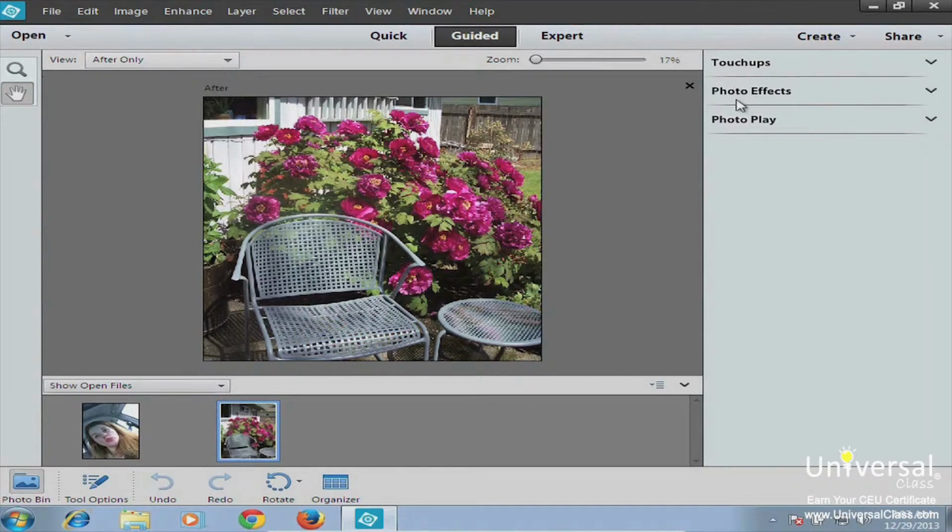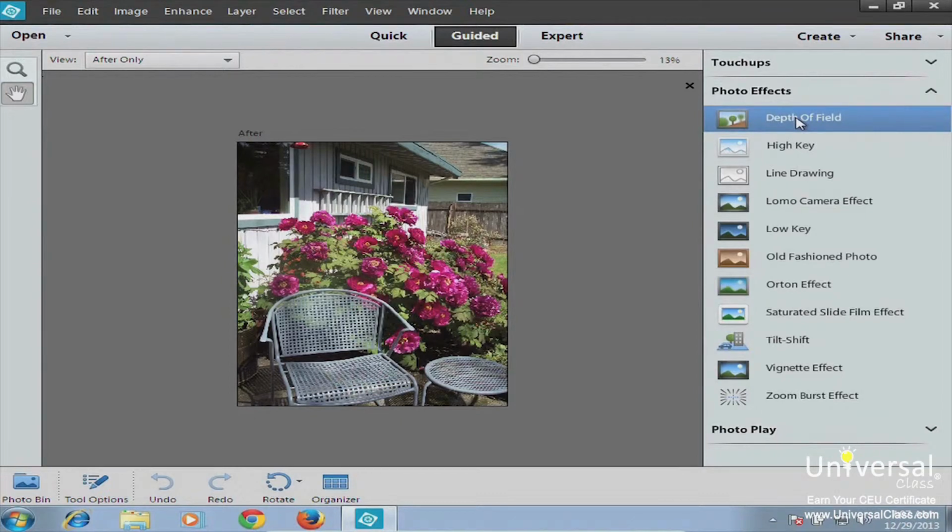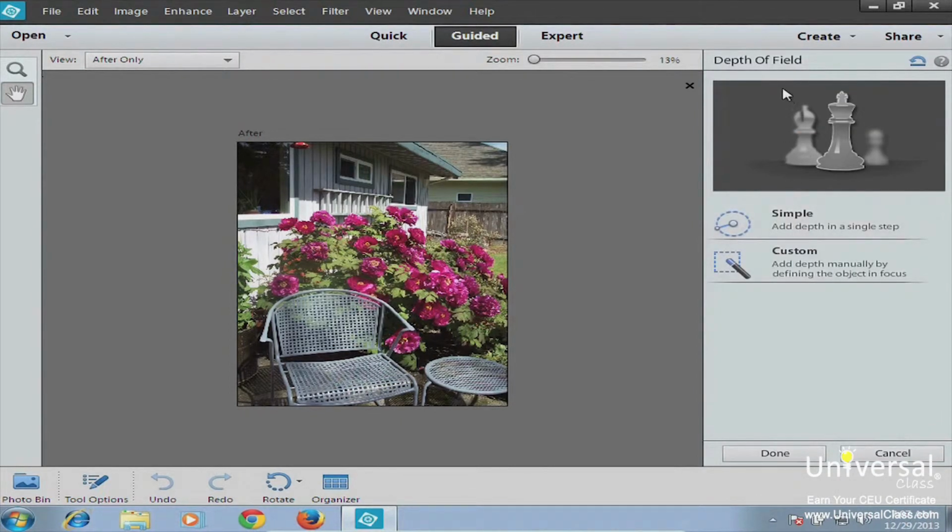And they're all organized under different categories. You have touch-ups, you've got photo effects, and finally you have photo play. Now, to show a photo effect, you can try the depth of field. And once again, in the guided editing mode, the computer's really going to walk you through the edit. And it's going to tell you for depth of field, you can do a simple or you can do a